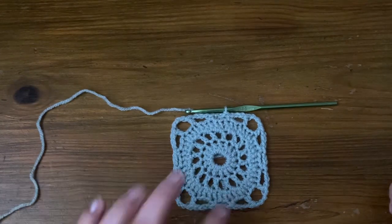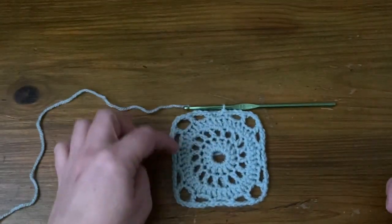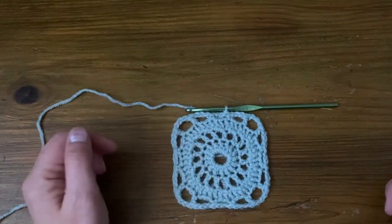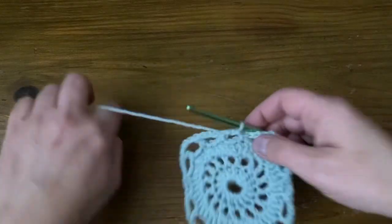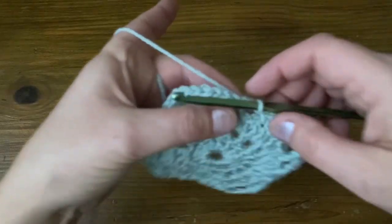Round 5, it's just like a granny square round. We're going to do 3 stitches in these edge spaces with a chain 1 in between, and here are the corners. We'll do 3 stitches, chain 2, 3 stitches, and we'll be using US doubles, UK trebles. I just do the first 2, and then I do the last one when I get back round in